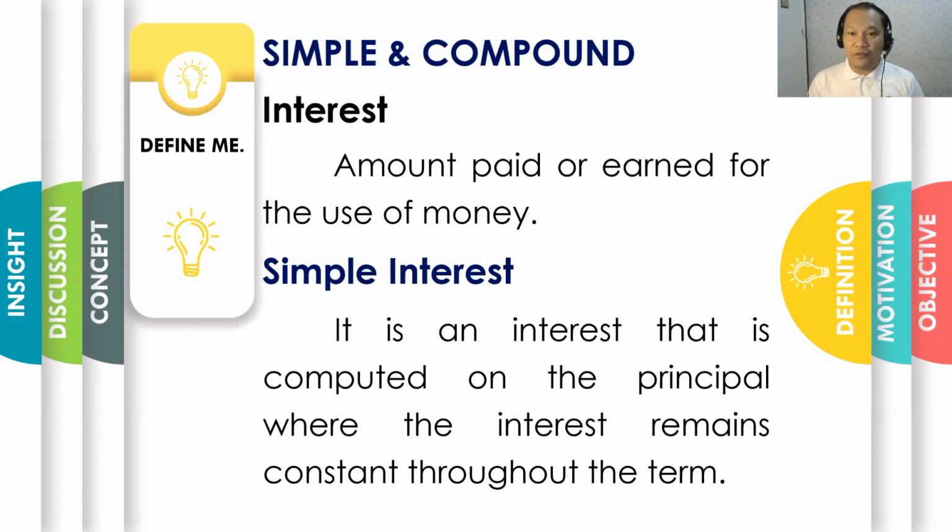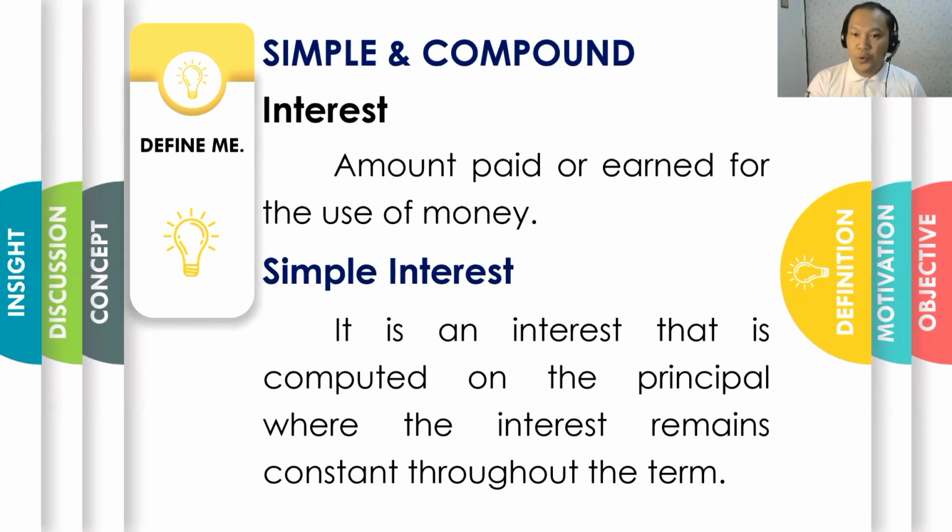Whatever be the amount of interest earned for that first year, that will be the same interest to be earned on the second year and on the third year. And getting the sum of all the earned interest will now be the final interest earned